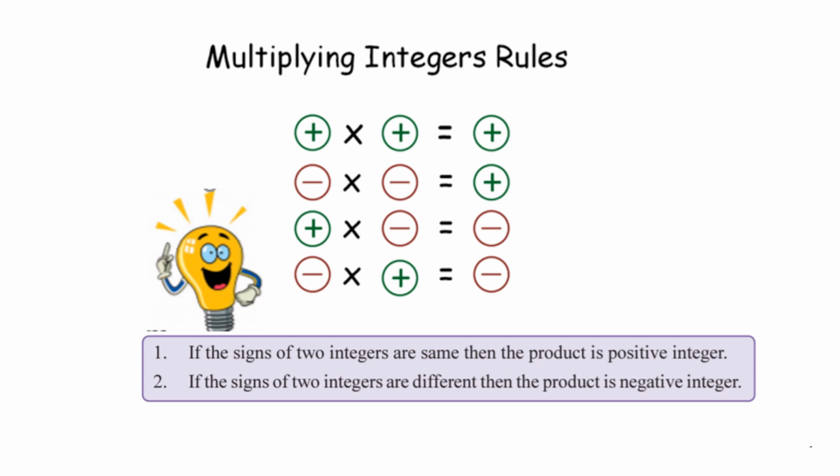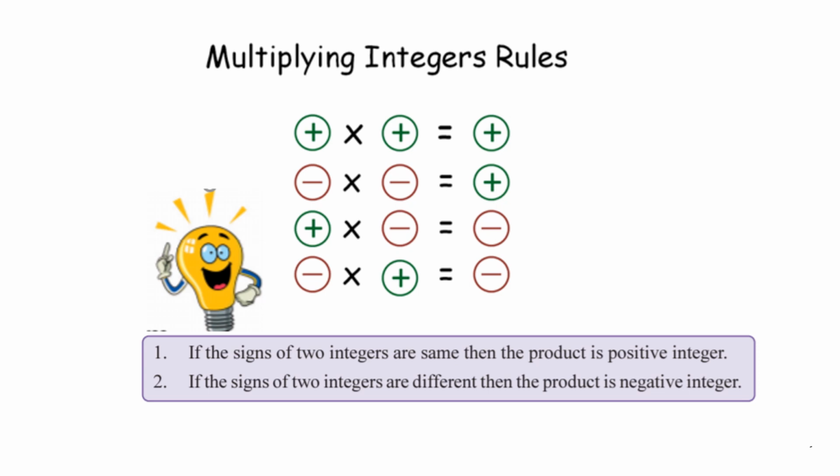Children, in last class, we learned addition and subtraction of integers on the number line and without using the number line. Now we know how to do addition and subtraction of integers. Okay, children. Now in this class, we have to learn multiplying of integers and division of integers. Let us see how we can do multiplication of integers.